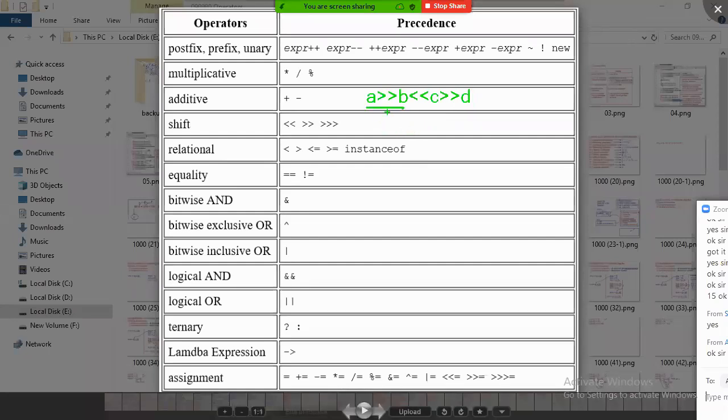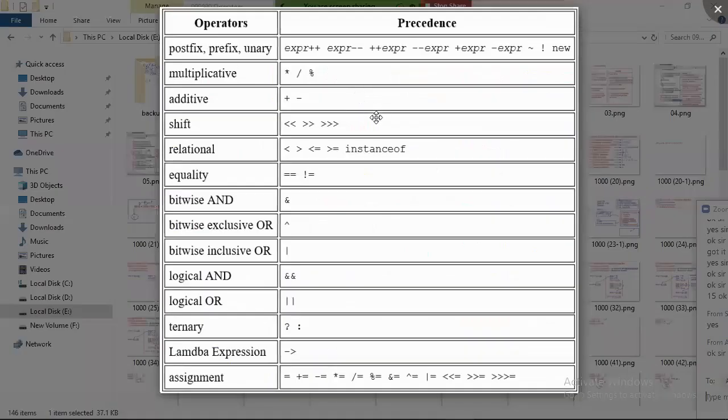First right shift is executed, then left shift is executed, then again right shift is executed. Are you following? So shift operators are executed in the order they are used in the expression, from left to right, not in the order we specified here. So the operators mentioned in one row have equal priority. In whichever order they appear in the expression, in that order they will be executed.